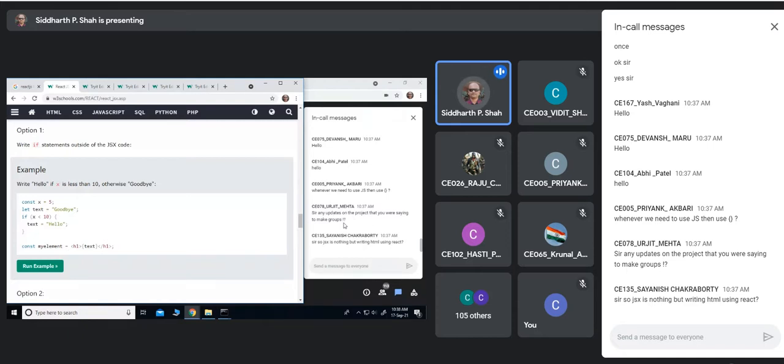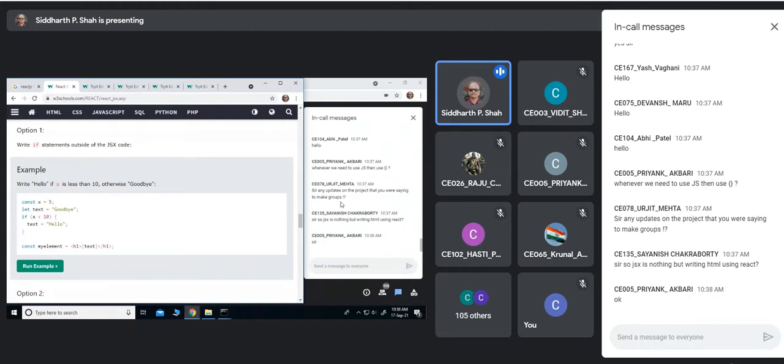Urjit, yes, actually I was unwell last week, and before that you had exams, so I could not focus on that part. But very soon, mostly tomorrow, I'll send a Google Meet link to all those students who are interested in doing projects. So mostly tomorrow we will be having one session, a Google meeting, and we'll decide something there.